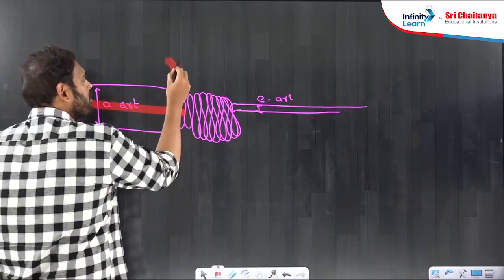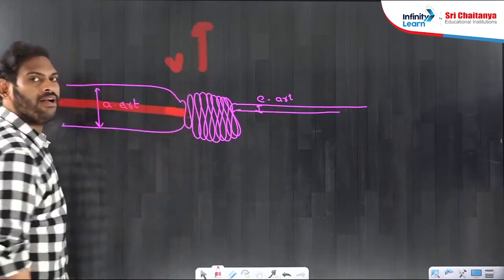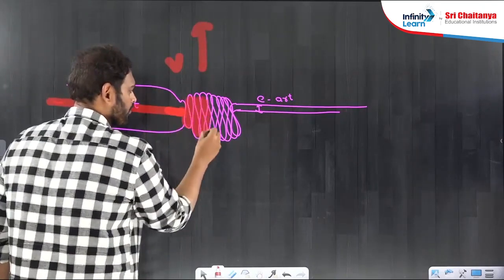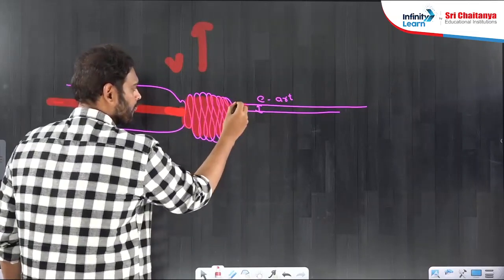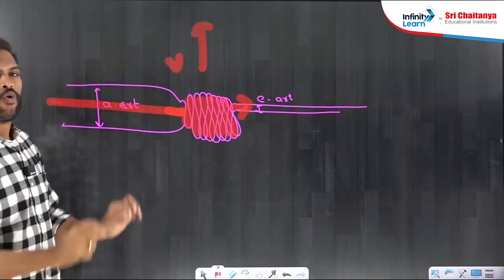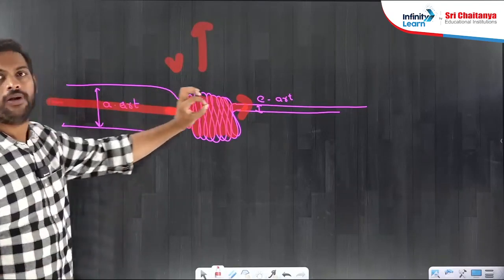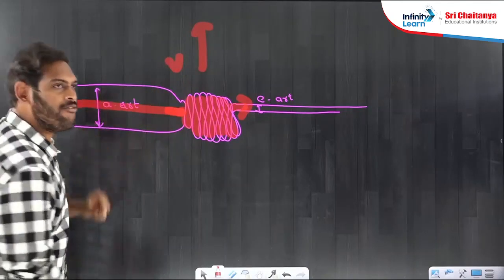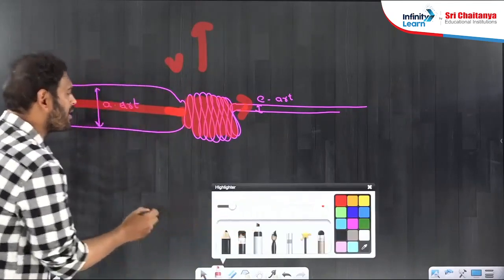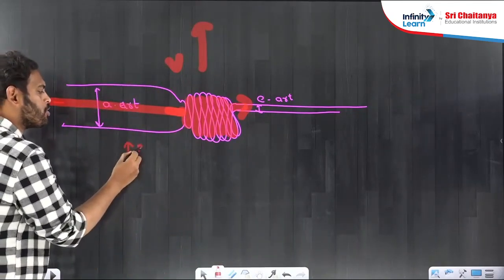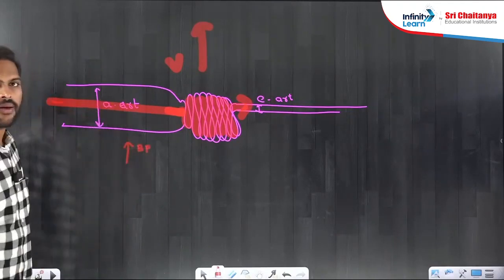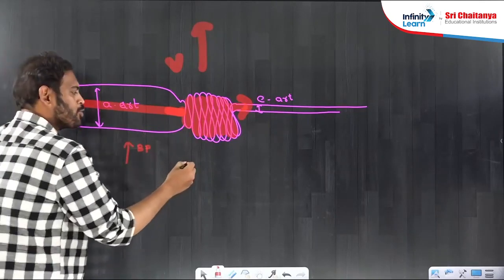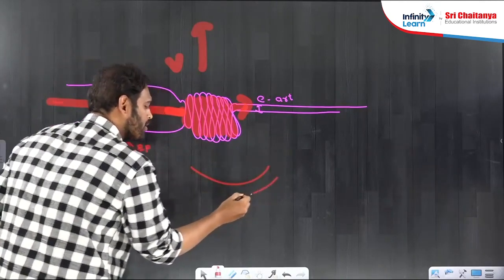Obviously velocity of blood will increase, blood pressure will increase, isn't it? Once blood passes through glomerulus, because of decrease in size of blood capillaries, definitely there will be an increase in blood pressure. Because of this increase in blood pressure, through these glomerular capillaries,